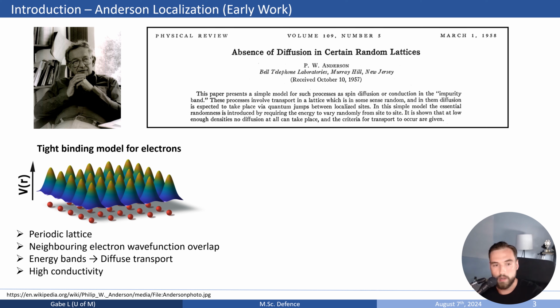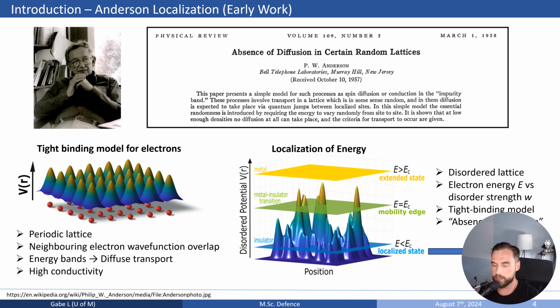And so, the widely cited paper written by Phil W. Anderson more than 60 years ago talks about the effect which disorder in material has on the diffusion of energy within them. On the atomic scale, on the left, in an ordered periodic lattice, the overlap of neighboring electrons' wave functions result in energy bands, which make way for standard diffusion or high conductivity. In the disordered lattice case,